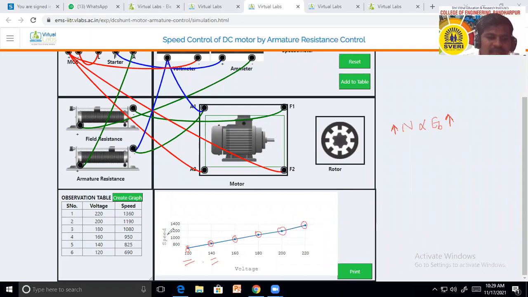Getting? So this graph is nothing but speed versus voltage. So this speed versus voltage graph goes from 120 to 220 at the normal value of speed or at no load speed. The machine will take a back EMF nearly equal to the supply voltage. Eb is nearly equal to supply voltage. If we consider the supply voltage, it is nothing but 220. 220 supply voltage जर consider केलं, it is nearly equal to Eb. Okay, getting? लक्षात आलं? Just take a screenshot.